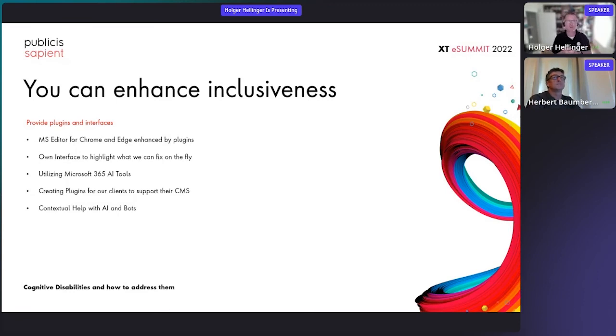That also means using Microsoft 365, or creating plugins for the CMS of our clients, for example. But it could also be contextual help with AI and bots. For example, if someone stays quite long on a page and keeps the pointer in one place, you can pop up something like, do you need help? And then people could highlight a text area and we could reduce that and make it easier to understand.